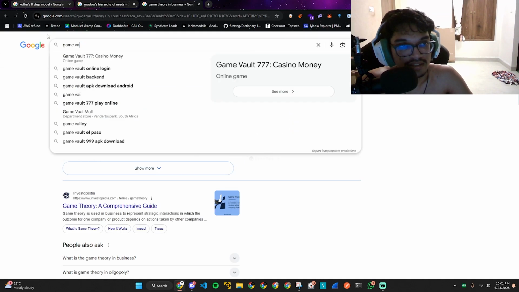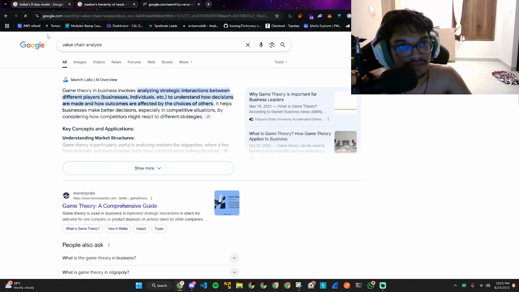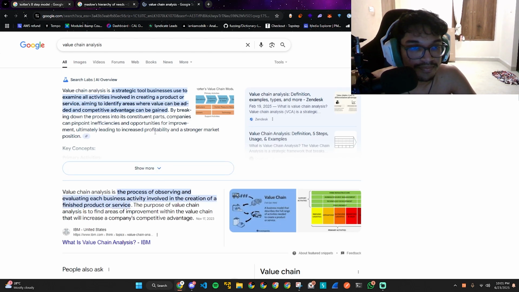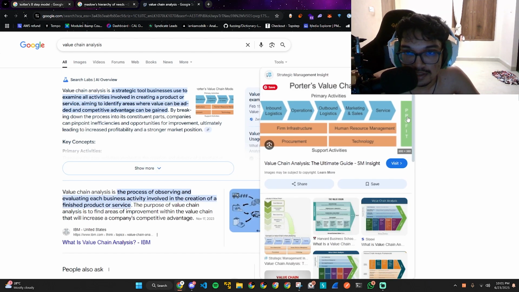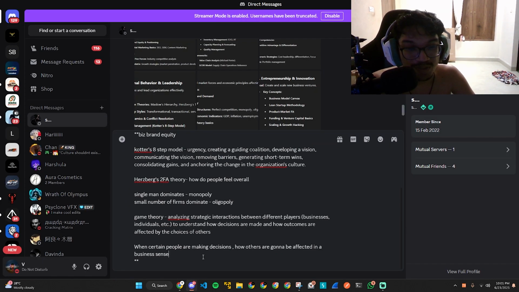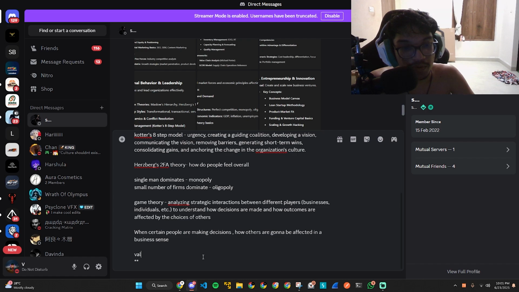Value chain analysis. All right, so let's simplify this down. Basically, how you can add value in the middle. So value chain analysis: how you can add value in the current processes.